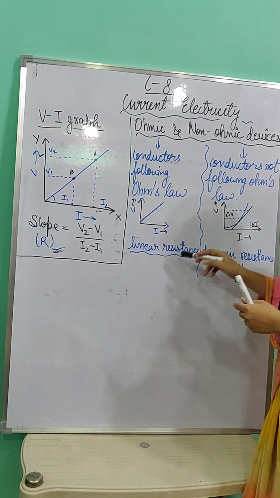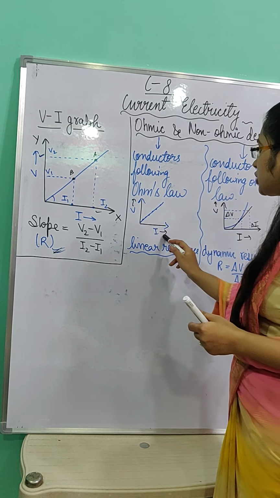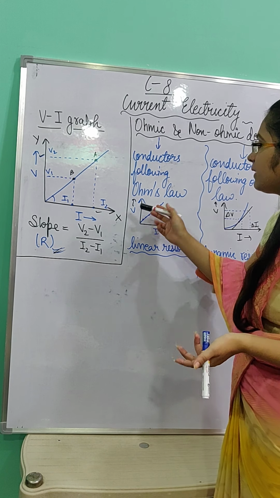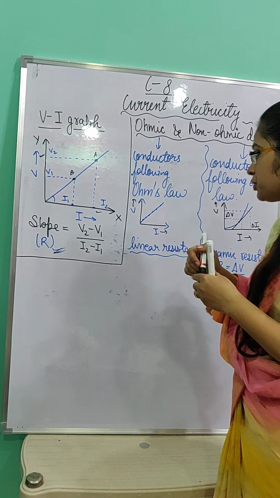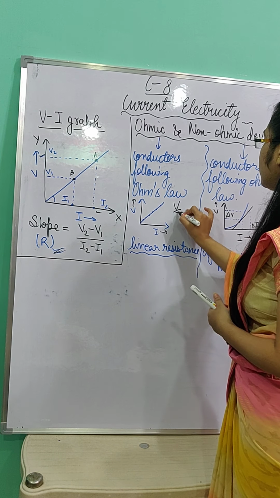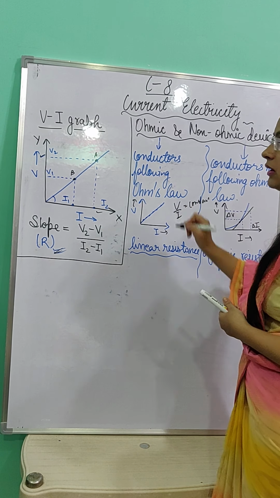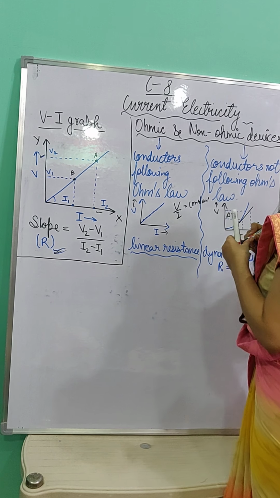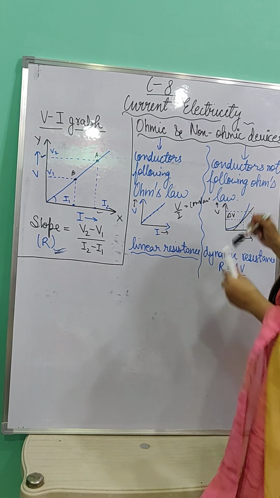In this case, the resistance is linear, not changing with the changing values of I and V. The I value will change and the V value will change, but they change in proportion to each other. The ratio of V and I will remain a constant value for a given type of metallic wire of given length. But all the devices that do not follow Ohm's law,